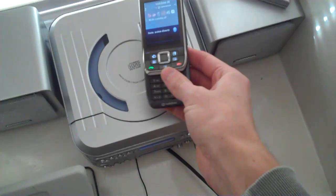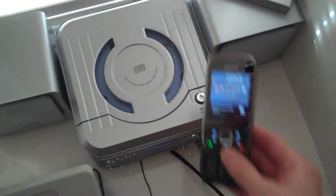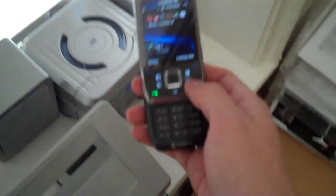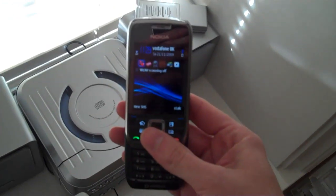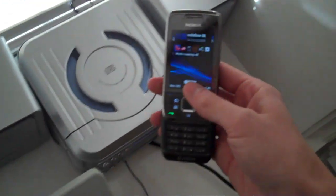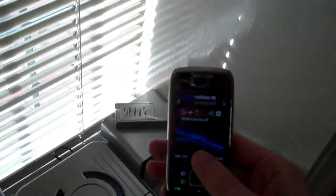Now you know when you put the phone next to the radio, you get that familiar interference noise. Okay, and that interference is due to the RF emissions from the actual phone transmitting, because it's quite high power, because the signal has to go basically a few miles, or maybe up to a few miles, to the